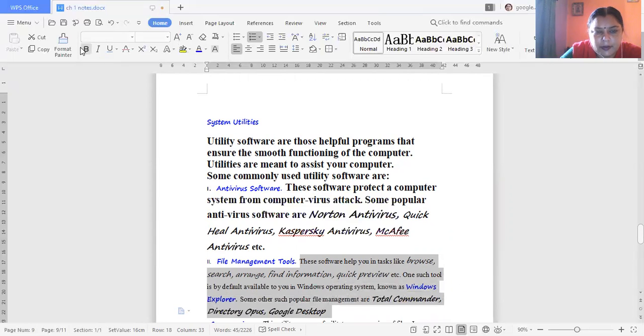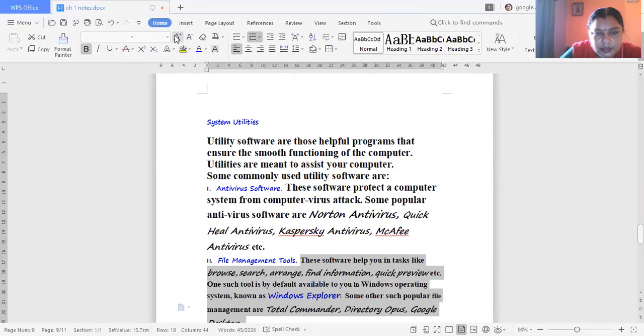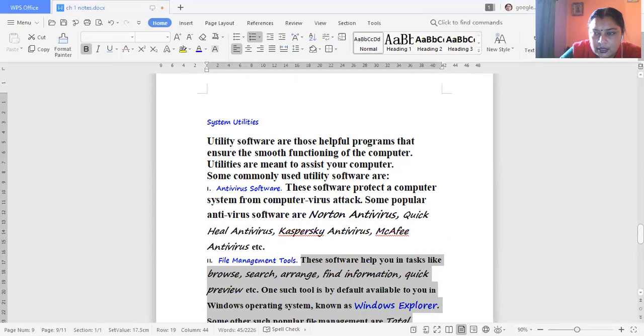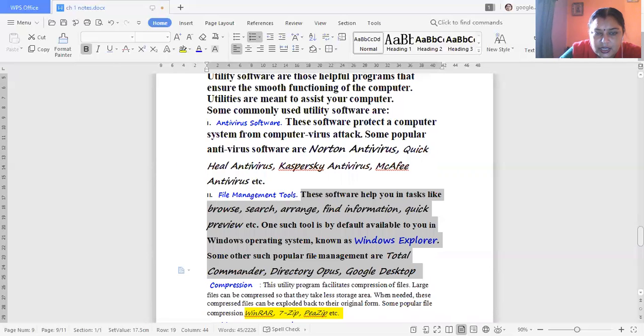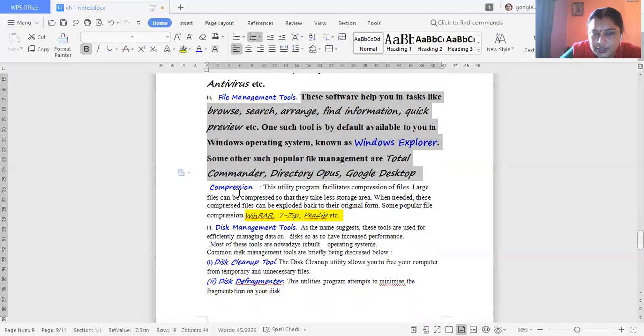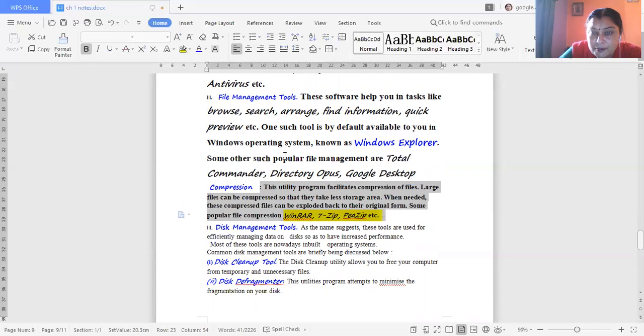Another utility software is disk compression utilities. A compression utility is used to compress files. Large files can be compressed so that they take less storage area.